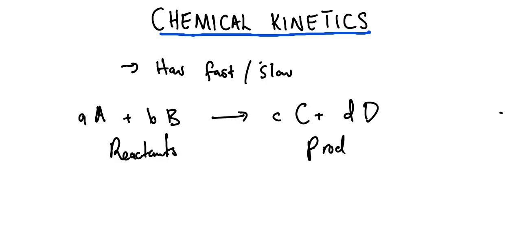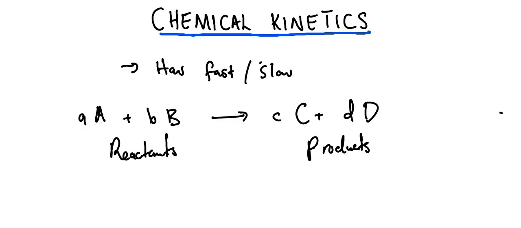We know the whole essence of chemistry is that we take certain reactants to get desired products. That's what we just want in chemistry. That's the whole idea of having chemical reactions. Now, under chemical kinetics, we're interested in knowing how fast this process is going to happen or how slow it's going to happen. So whenever any reaction is happening, and we want to measure the speed of the chemical reaction,